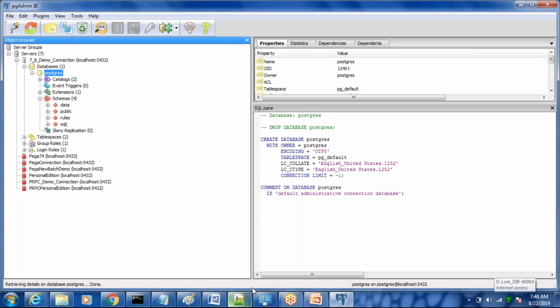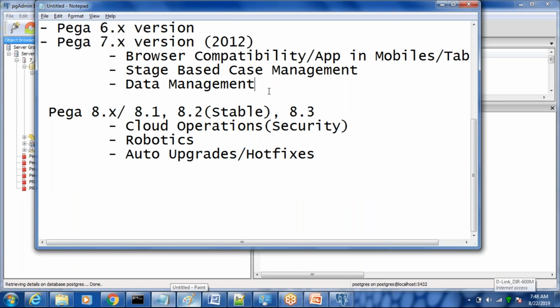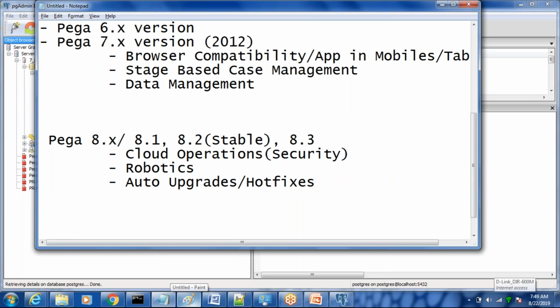All right. So whatever development activity we do, it maintains two schemas. A schema is basically a collection of tables. Schema is a name given for the collection of tables. Whatever tables we create have to be packaged in that schema. All right, so here we have the rule schema and we have a data schema.